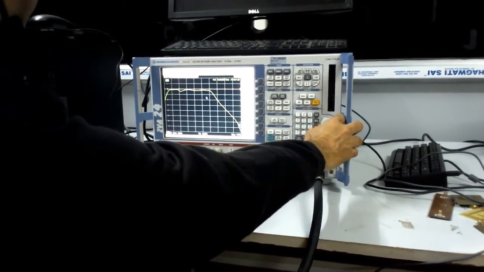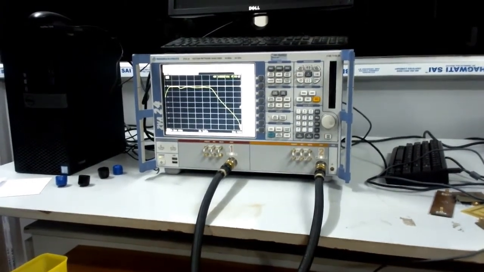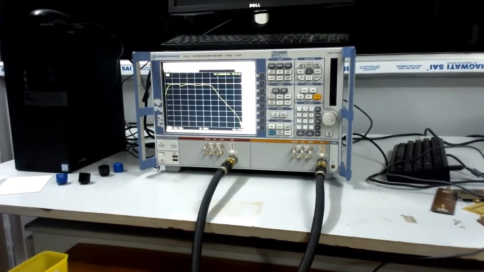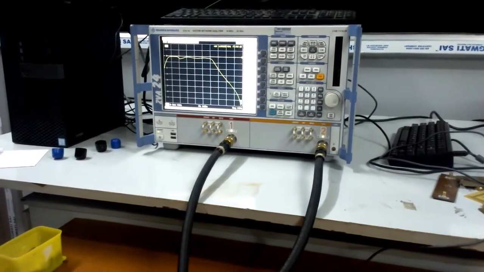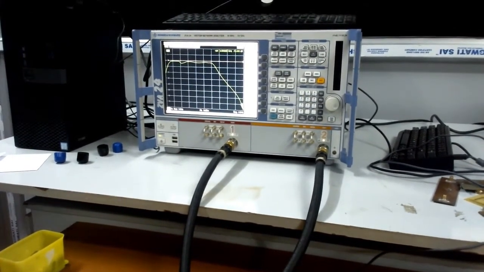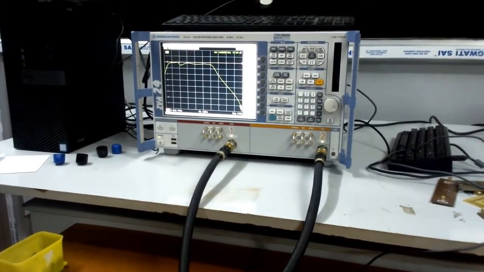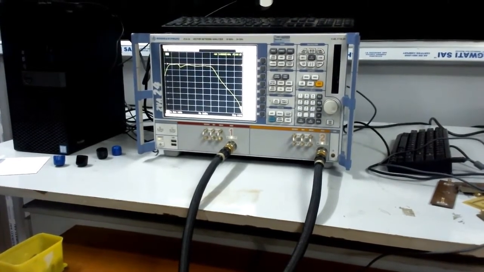So that way also we can go for this filter, which is symmetric. The S21 and S12 would be symmetric. So if we check S21 also, we see that there is not much change. It is similar because it is symmetric. This is a symmetric filter.